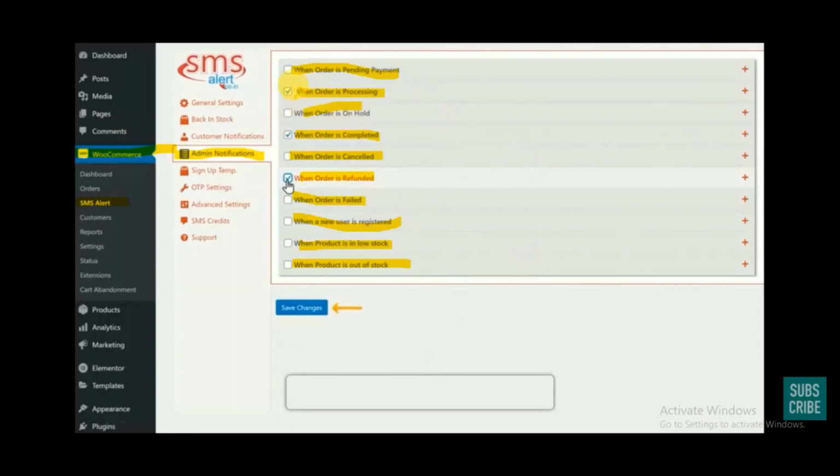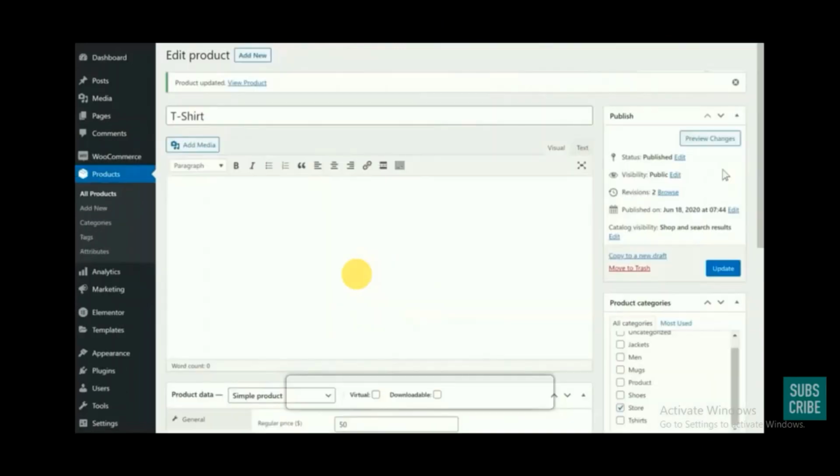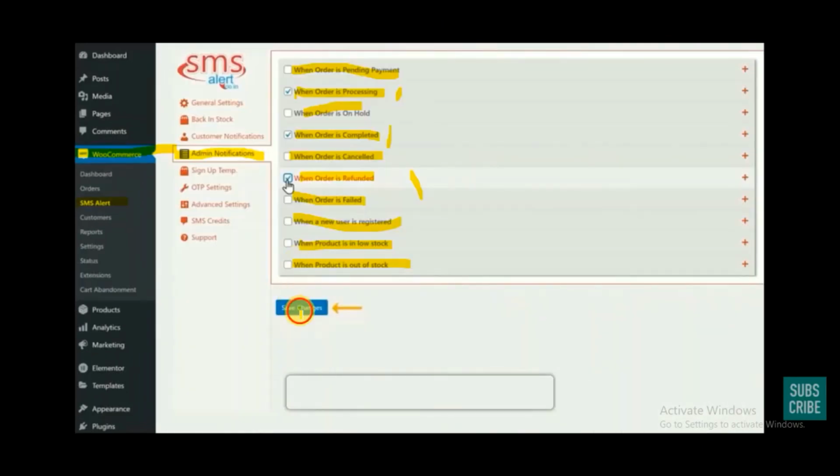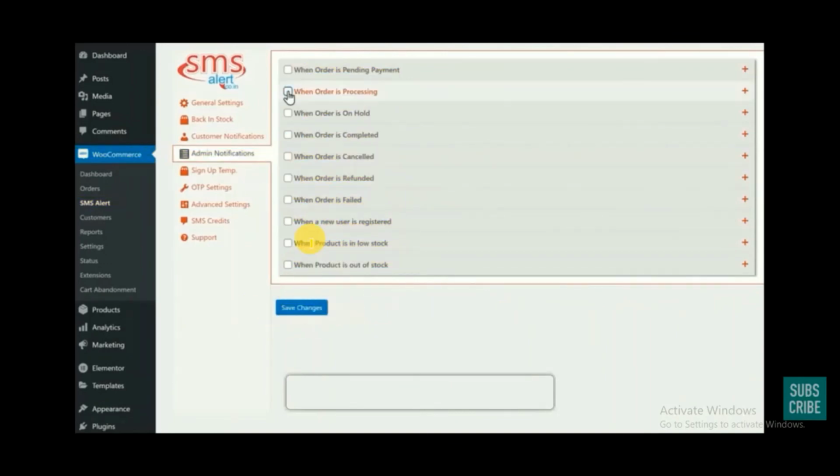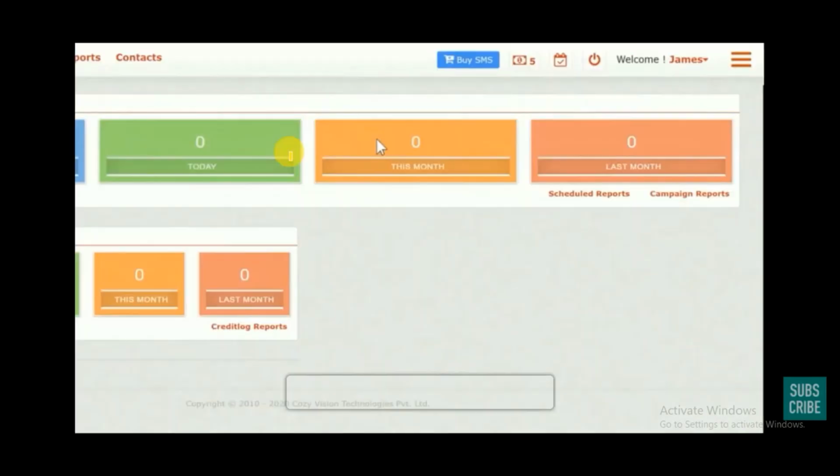Suppose I just want my notifications when the order is processing, when the order is completed, and when the order is refunded. Once you have made all the changes, you can click on save changes in order to save all the changes, and then you are done. When your customer places an order, you will start receiving SMS on your mobile number, and you can start processing the order. Then when you go back to this SMS alert website, here you can find